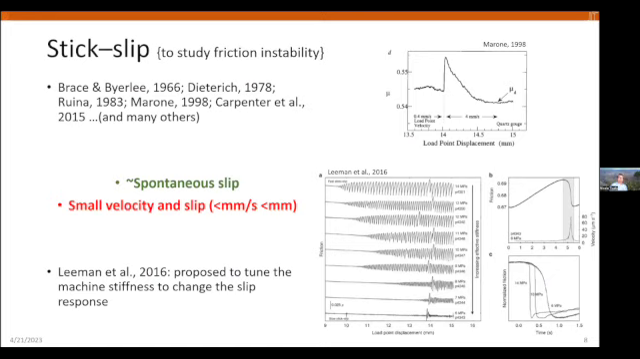So now going back to stick slip, stick slip has been a phenomenal way to study the friction instability. I cite a few studies here. There are really a plethora of studies, right? Brace and Byerlee were probably the first ones to apply similar studies in the 60s. Then Dieterich, Marone for sure, Carpenter, and many, many others. And again, the